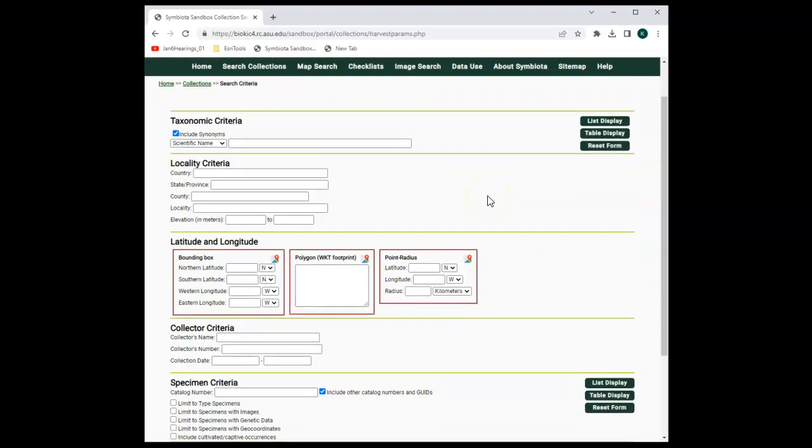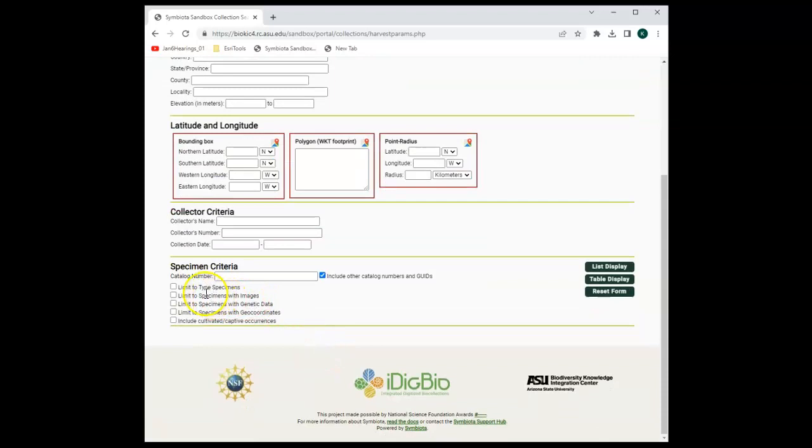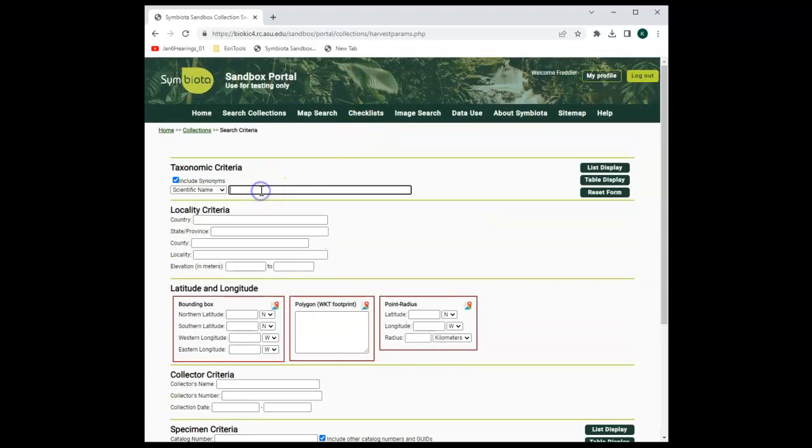So you can see where you have multiple criteria that you can select from: scientific name, family name, taxonomic group, all of those are available to you, locality criteria, lat long, collector criteria, and specimen criteria. So you can limit to those with images, so again, there are ways that you can narrow down the search. When you do that search, I'm just going to search on scientific name, Holbrookia elegans,